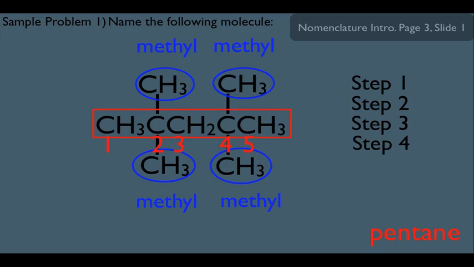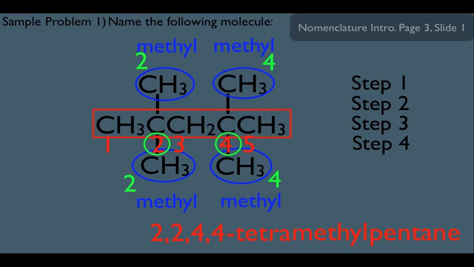Notice where all of our substituents are. We have 2 connected to carbon 2 and another 2 connected to carbon 4. What we need to understand in this example is that every substituent has its own number, which means in the name you'd have to list this as 2, 2, 4, 4. So notice each number calls out each substituent. 2 methyls on carbon 2, 2 methyls on carbon 4. And since there's 4 methyls, we would say tetra, meaning 4, methyl. So the name of this molecule is 2,2,4,4-